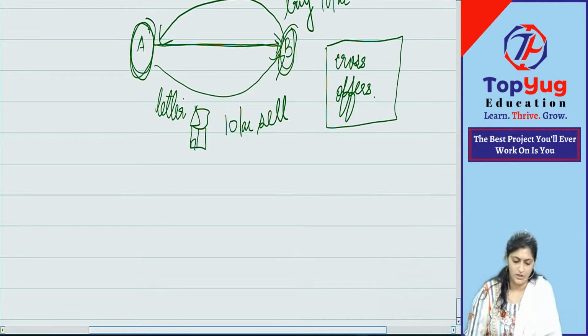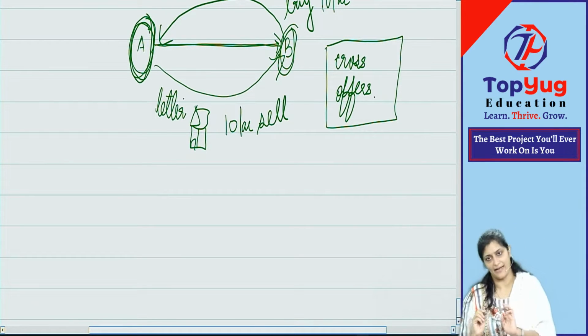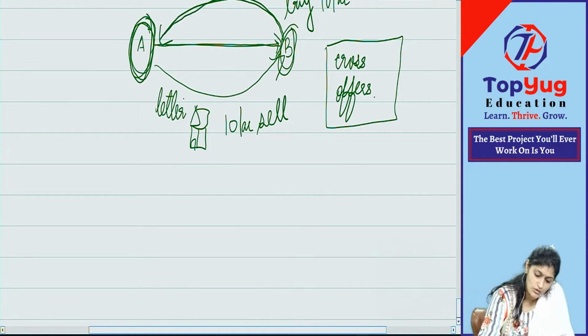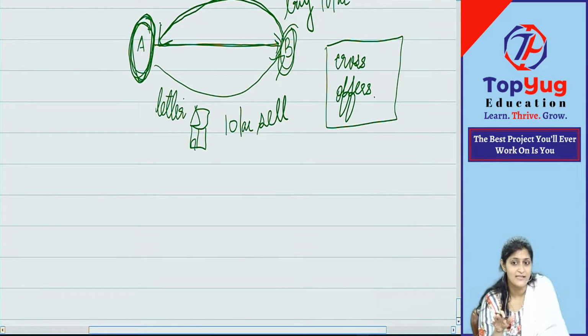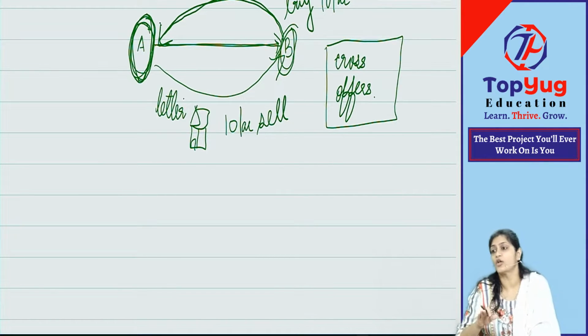Now, if you see the situation, what offer is made by A? I will sell the house to you at 10 lakh rupees. And what offer is made by B? I will purchase the house. So, for A's offer, is it not B's offer acting as acceptance? Yes. And for B's offer, is it not A's offer acting as acceptance? Yes or no? But here, it is acting as acceptance, but what is the law telling?